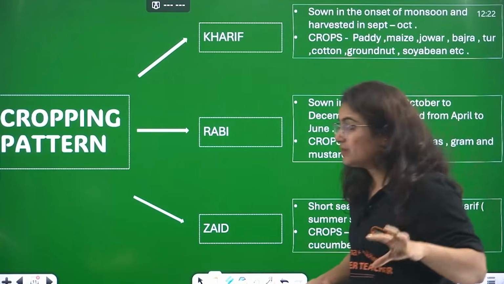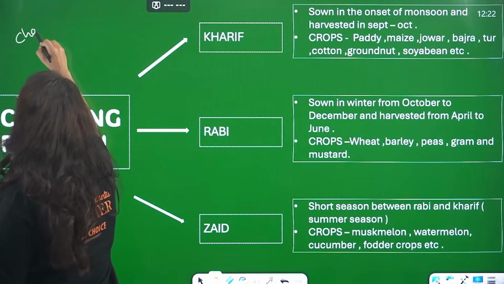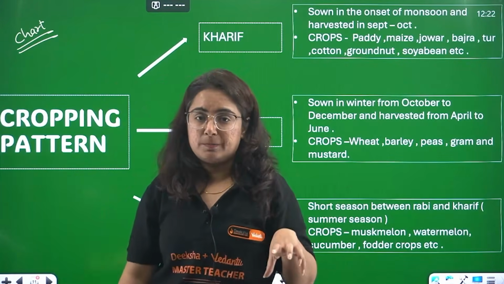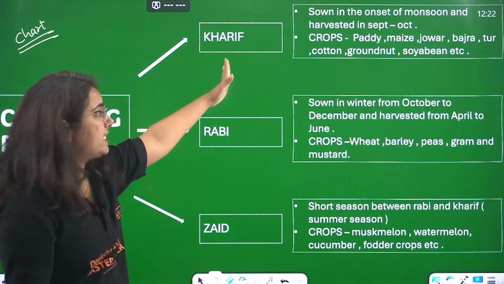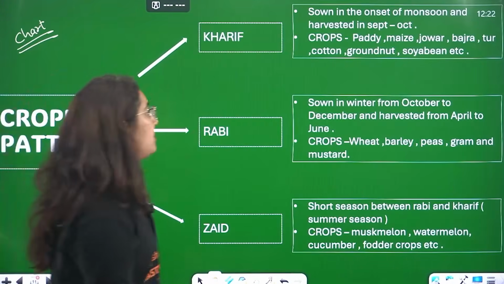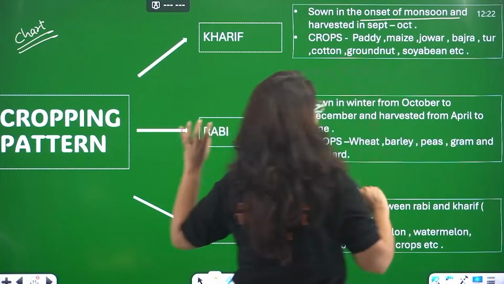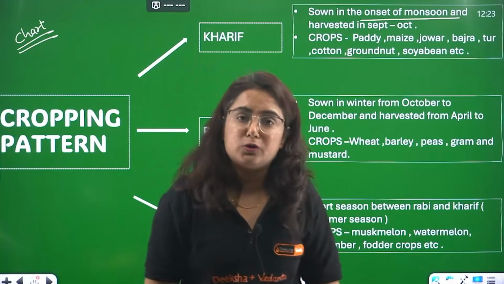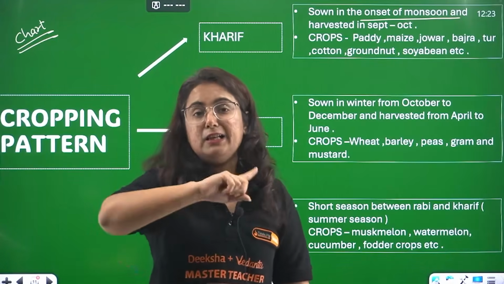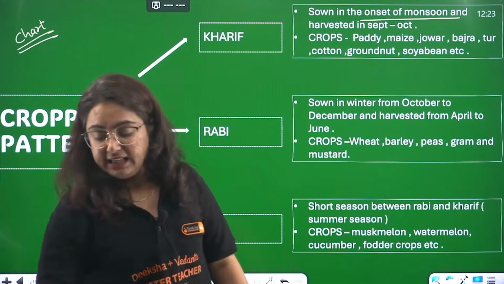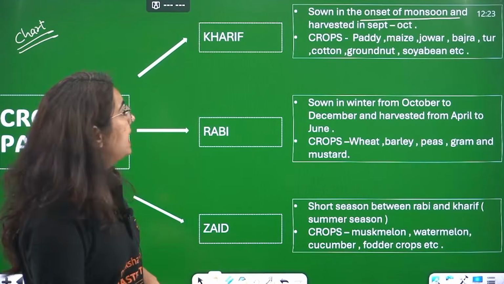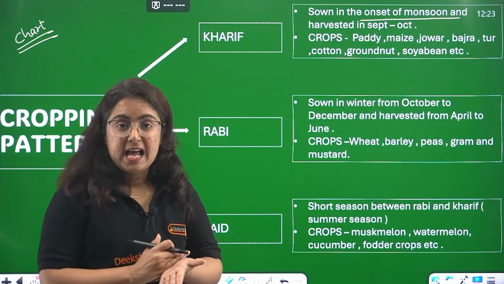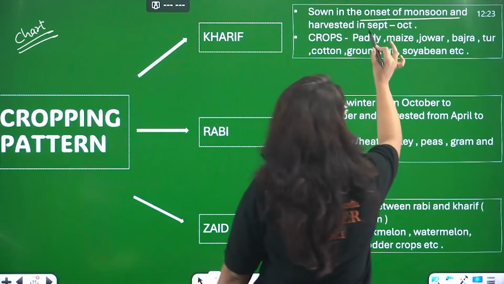See, this becomes difficult, but what you have to do is make the chart. Okay, this making the chart method actually helps us a lot. Like the first season is Kharif season. What is that? When the crops are grown in the onset of monsoon. Onset of monsoon. So the major part of India start getting monsoon in the month of June and then majorly in July. Okay? And here the crop started to be growing, what, beta? In the same month, in the month of June. June, July, August, right? And they get harvested in the month of September and October.